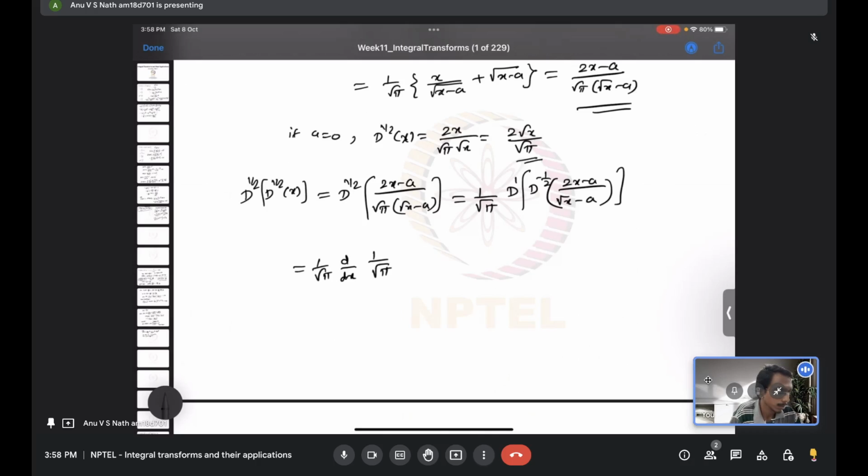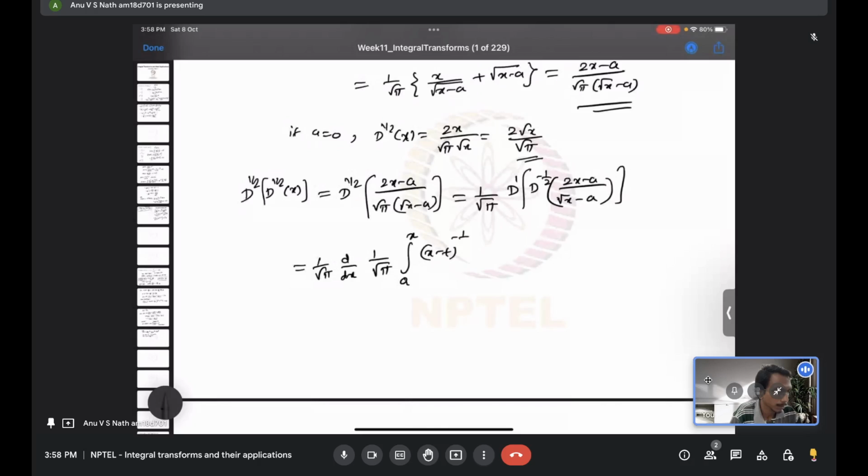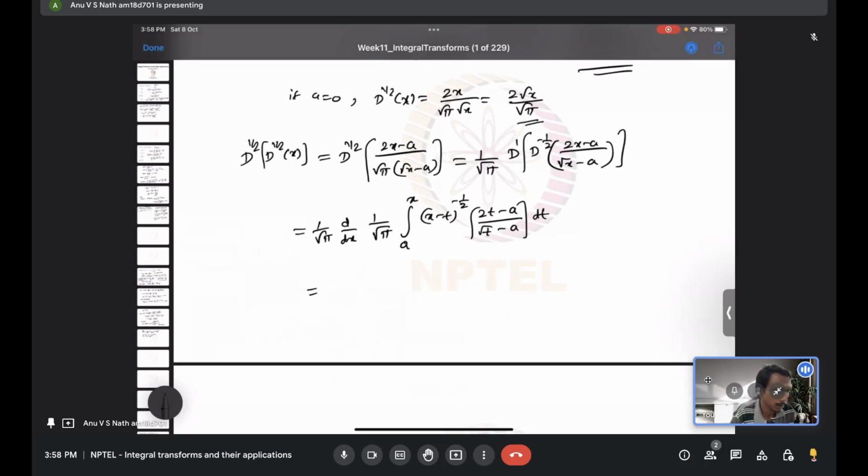So 1 by root pi, integral a to x, (x minus t) the whole raised to minus half, then (2t minus a) by root (t minus a) dt. So the 1 by root pi with 1 by root pi will become just 1 by pi, then d by dx integral a to x of (2t minus a) by square root of